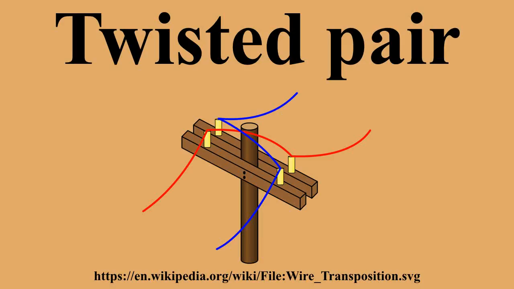UTP cable is also the most common cable used in computer networking. Modern Ethernet, the most common data networking standard, can use UTP cables. Twisted pair cabling is often used in data networks for short and medium-length connections because of its relatively lower costs compared to optical fiber and coaxial cable.